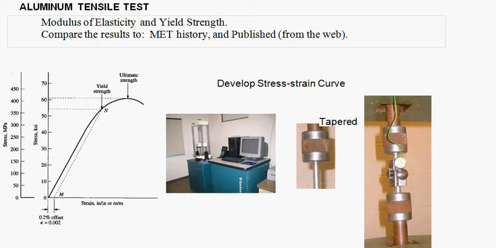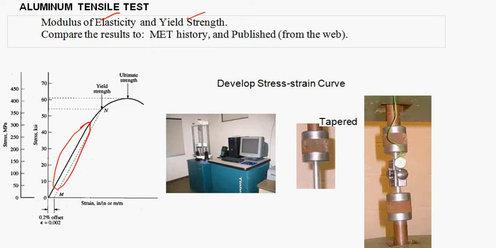This instruction is on the aluminum tensile test. You're asked to find the modulus of elasticity and the yield strength of the aluminum. The definition for modulus of elasticity is the slope of the linear region of the stress-strain curve, and the definition of